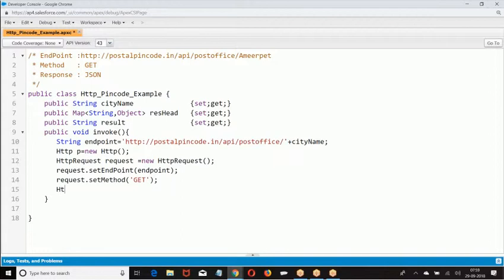then send the request, HTTP response. Then you got the response. Basic formula: endpoint, set method, send the request, get the response. Once you got the response,